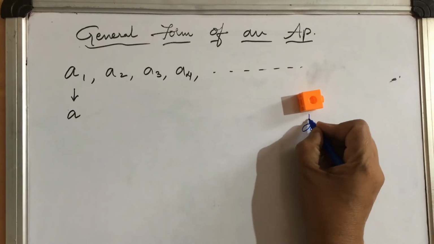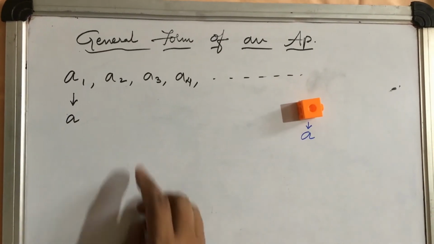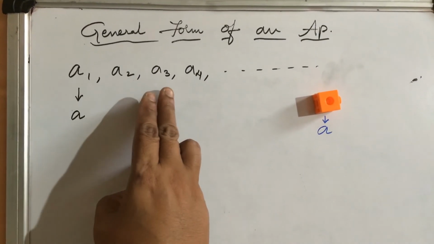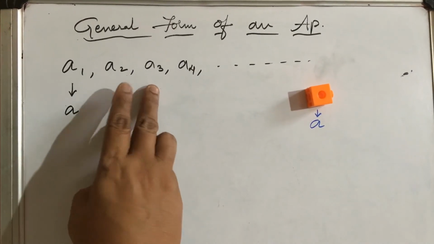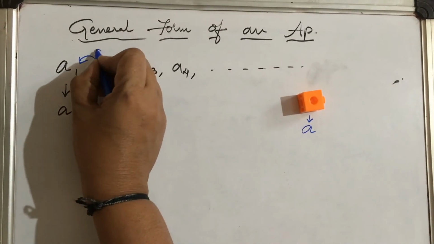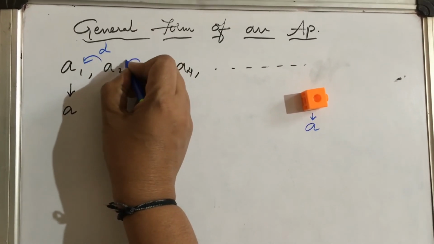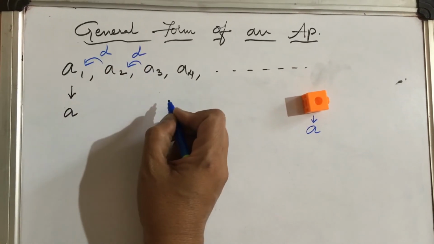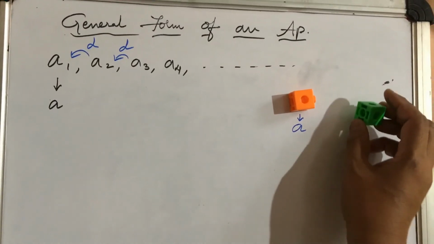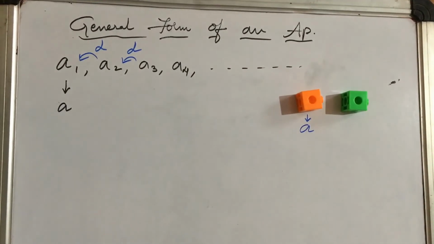And what is the difference between a2 and a1, and a3 and a2? Already we have discussed that this difference is d, the common difference. So let us indicate the common difference with the green color,